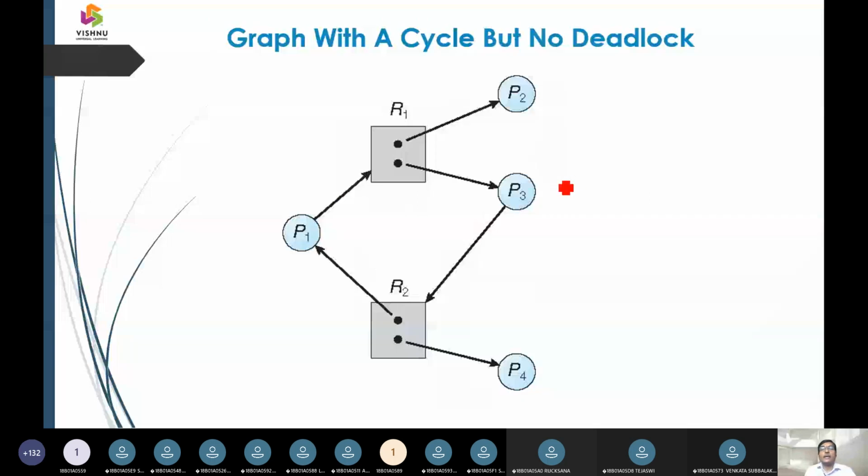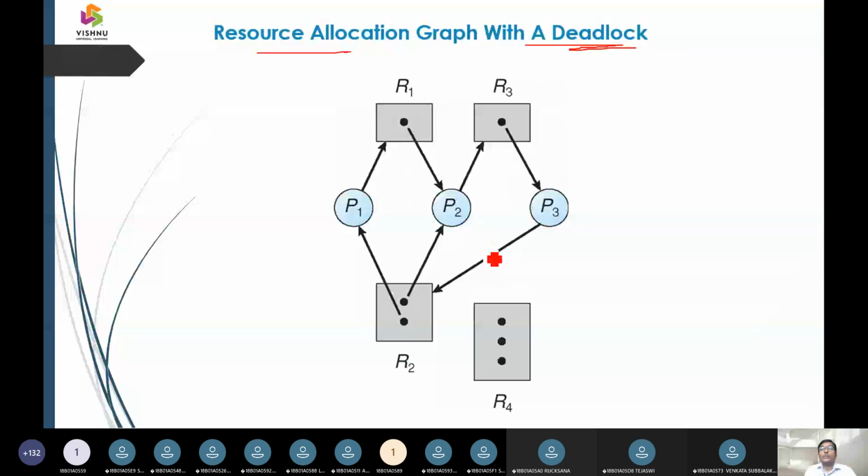Here you can predict the complete loop. So here P2 is going to hold and it is going to wait. Similarly, P3 is going to hold and P3 is going to wait.